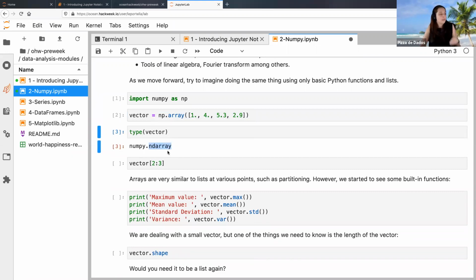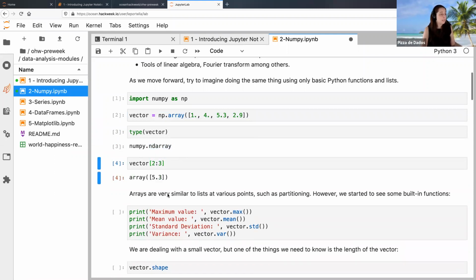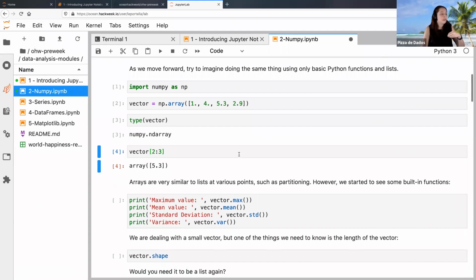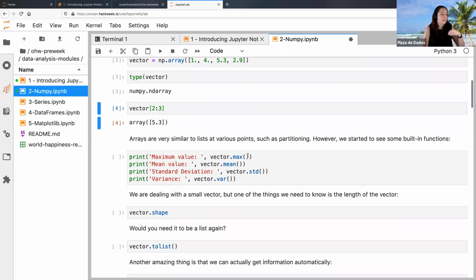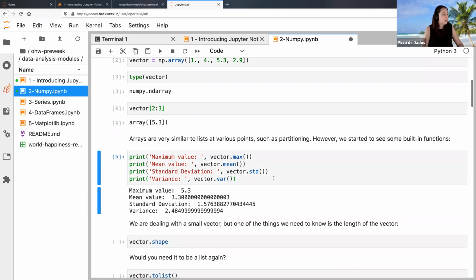Okay, so what does that mean? An array behaves very similarly to lists in some ways. For example, I can slice one by using the same syntax as I would with a list. What it gives me is a smaller array, but still an array. But it also implements some very useful methods. So for example, here I can see the vector maximum value, the mean, the standard deviation, the variance,